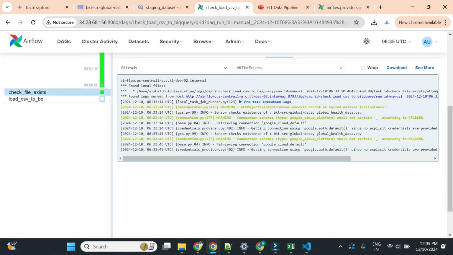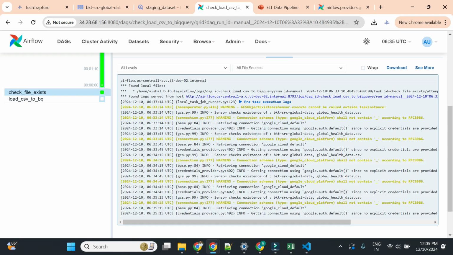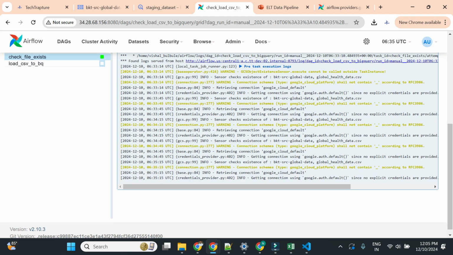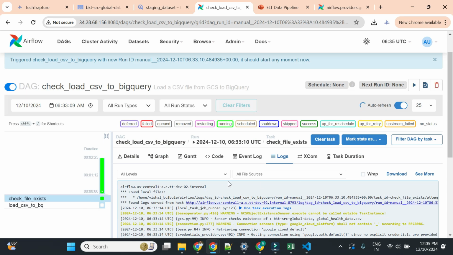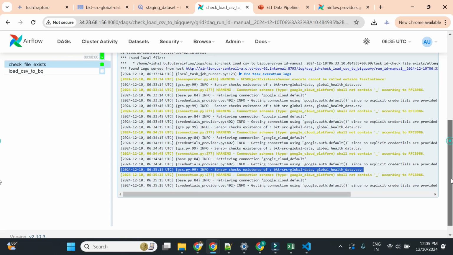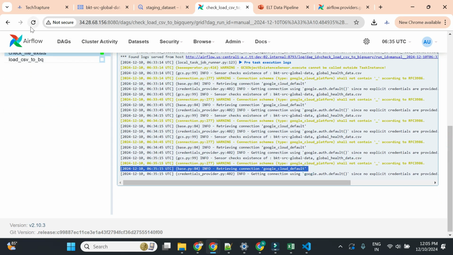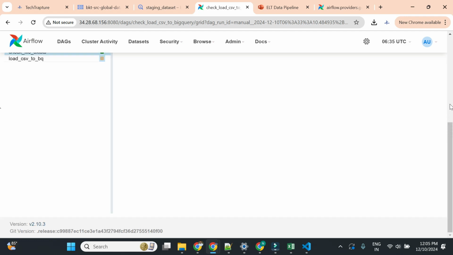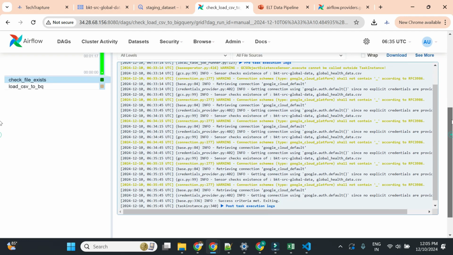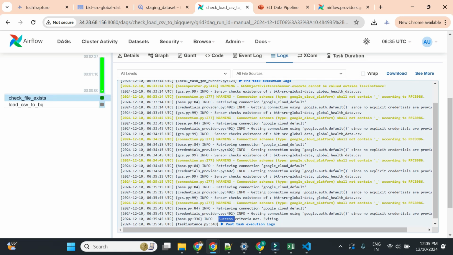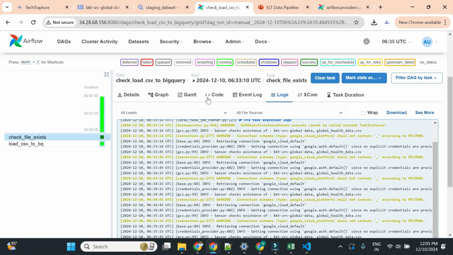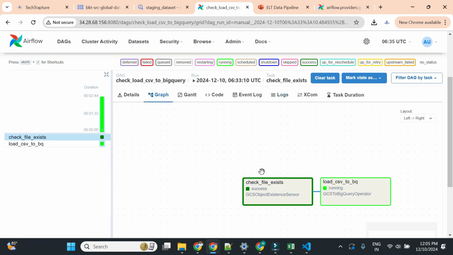Okay, so it is still waiting for file. Okay, sensor check existence, and once it receives the file, it will check file received or criteria met. Okay, so it is still waiting for file. Let's reload. You can see success criteria met, and now this task is successful. So if you go now to the graph, the first task is successful, and now it is running load CSV